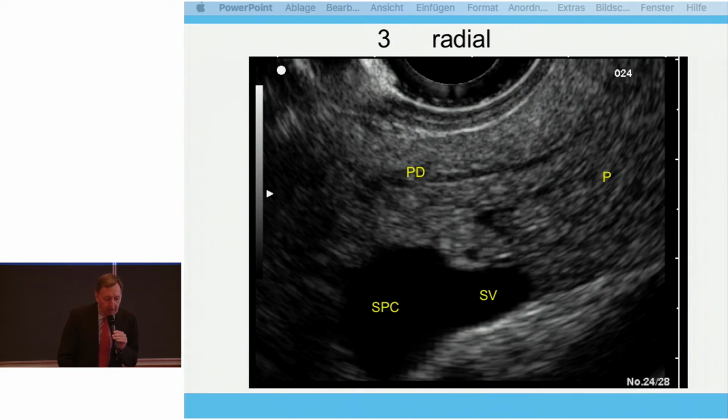Sometimes you are as well able to see the pancreatic duct, especially if you have a 90-degree location of the transducer, so the ultrasound waves go directly to the pancreatic duct. Then the depiction of the pancreatic duct is easier, especially in the body. It's more difficult in the tail sometimes, and in the head it is as well easy. But the most important guiding structure for you is the confluence together with the splenic vein and the splenoportal confluence.